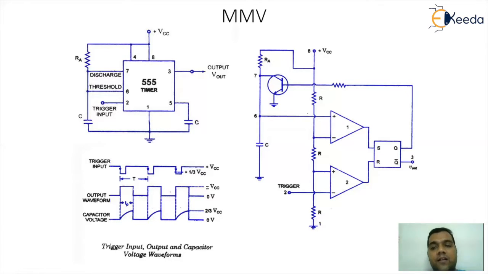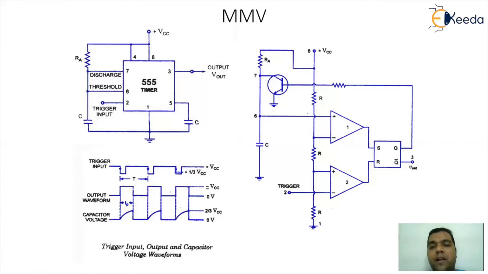If the transistor turns off, in this situation, when the battery is in the on state, the current will start flowing through RA and it will go to the capacitor, and the capacitor will start charging. So once the capacitor starts charging, when the voltage of the capacitor crosses slightly above 2/3 VCC, that is the controlling voltage for the upper comparator,